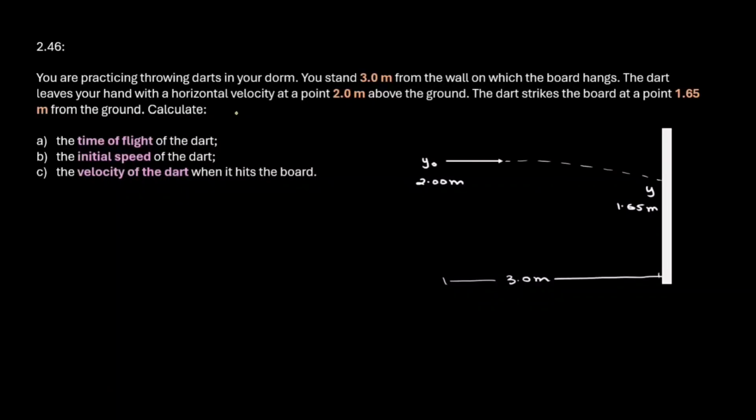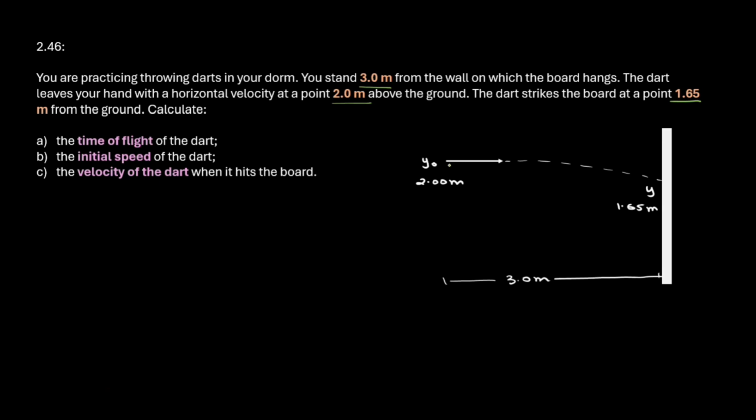Question 2.46. You are practicing throwing darts in your dorm. You stand 3 meters from the wall on which the board hangs. The dart leaves your hand with a horizontal velocity at 0.2 meter above the ground. The dart strikes the board at 1.65 meter from the ground. Calculate the time of flight of the dart, the initial speed of the dart, the velocity of the dart when